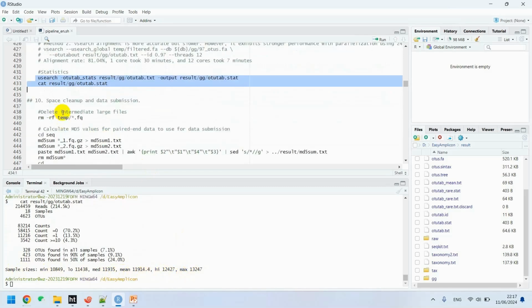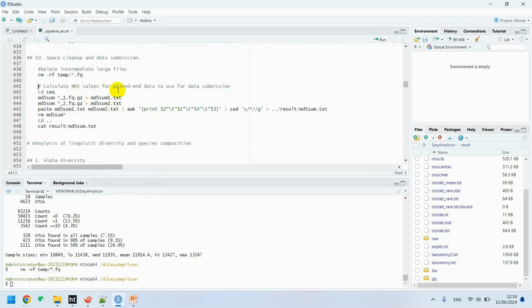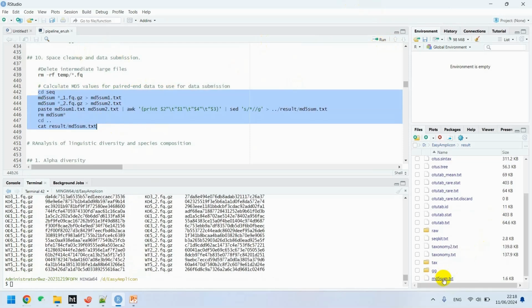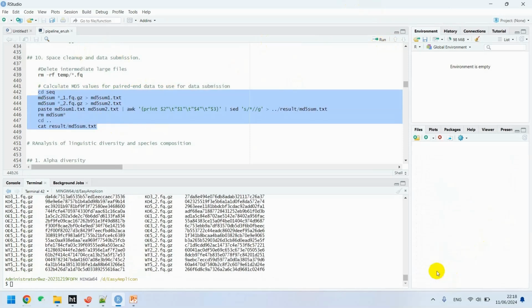Now, the next step is space cleanup and data submission. To delete the intermediate large files, we will run this code and calculate MD5 values for pair-end data to use for data submission. Now we can see here MD5 sum text, and inside the GG